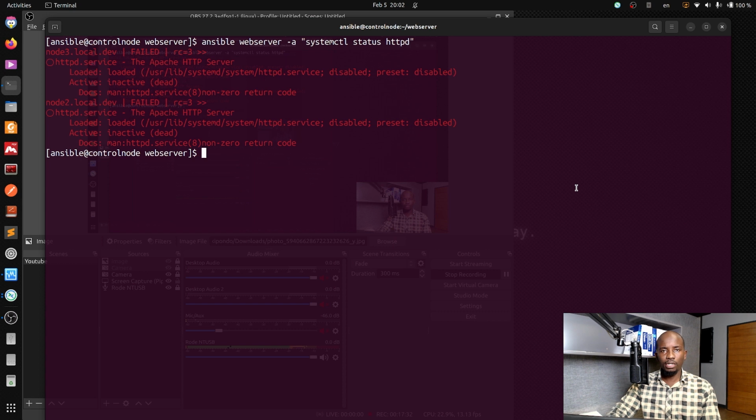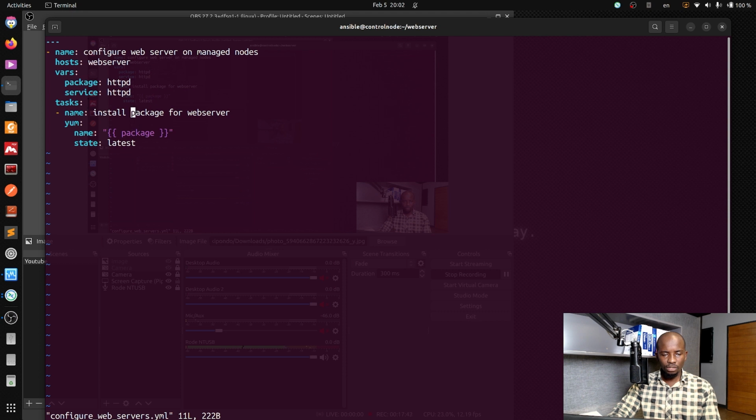So I'll go to my playbook and create a task which will start the service. So I'll do vim configure web server, and I'll go here and add another task which we'll name start package service, which will be replaced by the name of the service which is already set here, which is httpd. And here the module which I use will be service, and the name will be